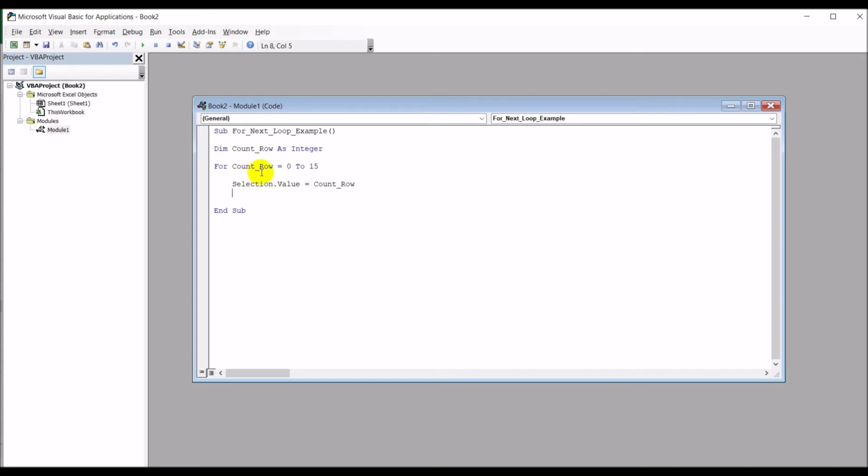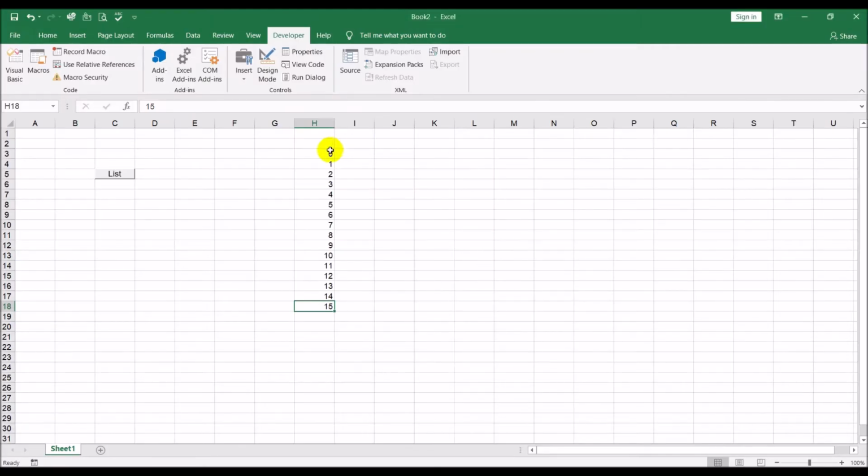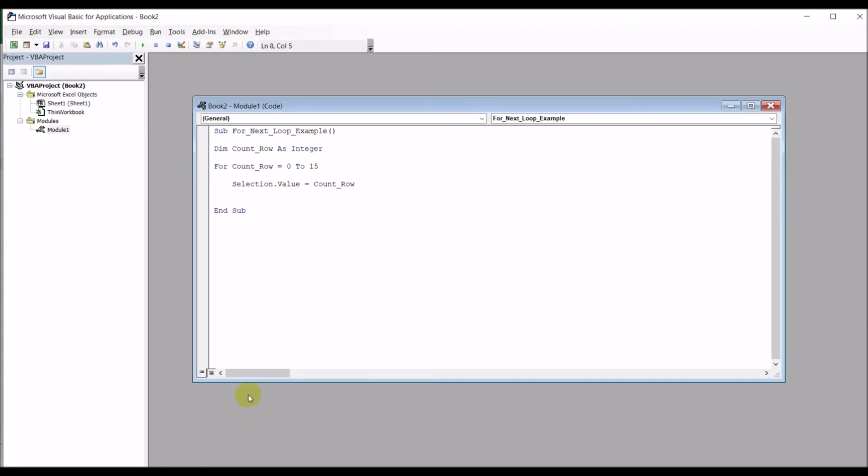It's going to start off with 0 and we put that in the active cell. Now what we need to do is we've got this part done. Okay, now what we need to do is we need to move down one. Now, if you pause this video and go back to the video in which we did positioning and movement,